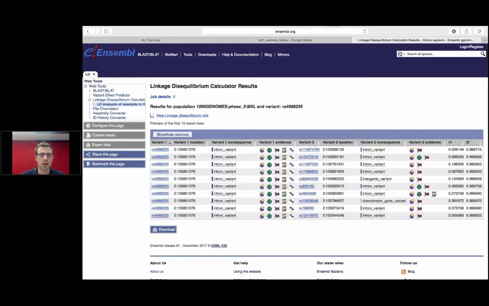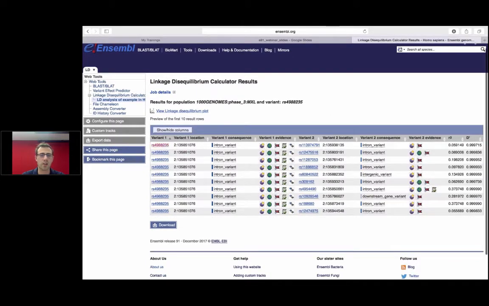So now you can see a quick preview of all of the linkage disequilibrium calculations that have been performed. So each row is a single calculation. You can see variant 1 is always the variant that I chose, and then we've got variant 2, which are obviously all of the other variants in our defined window size as well, with the LD calculation scores over in the columns on the right-hand side. So this is just a preview. You're obviously able to download this data as a text file, or you can actually view the linkage disequilibrium plot as well. So if I click here,